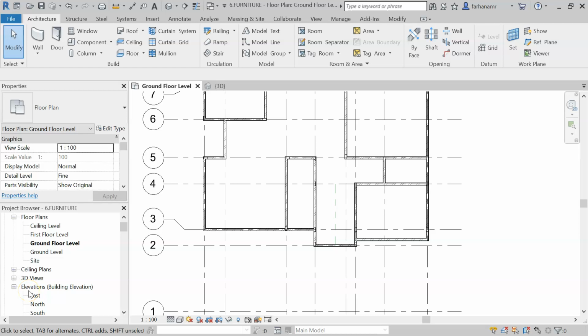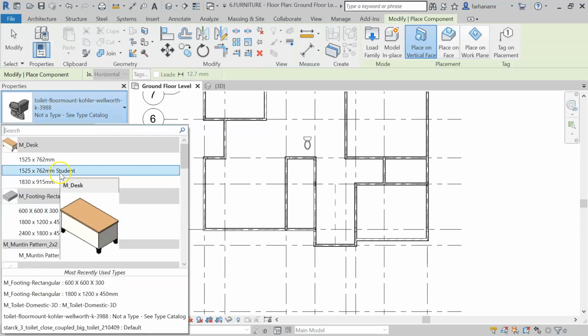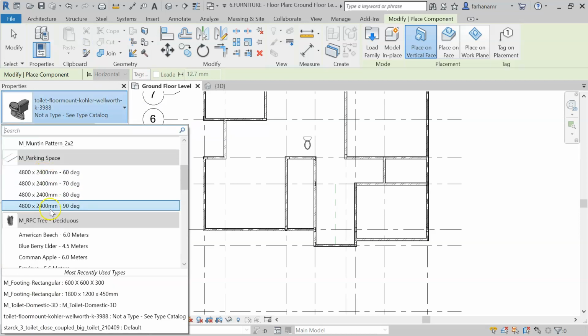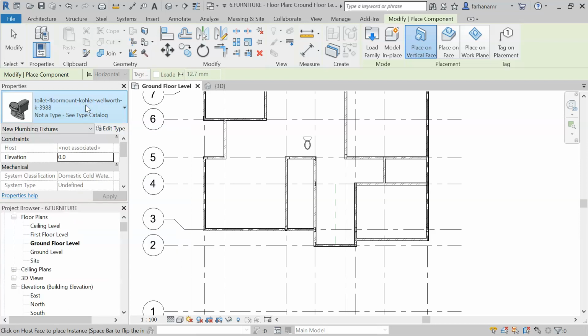To insert furniture in Revit, you can go to Architecture tab. Under Build panel, there's Component tool. If I click this one, you can see that by default there's only this desk and a few trees here. So to load more furniture, you can go to Load Family at the Mode panel,